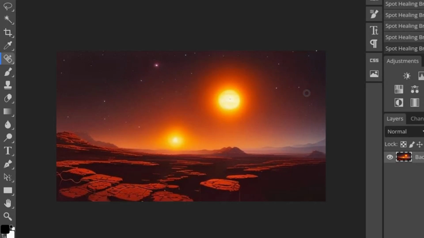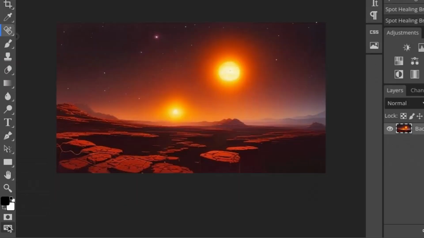So this is a perfect tool to use if you want to remove freckles or some type of a blemish on your photographs. Next is the brush tool, the clone tool, eraser, gradient tool, blur, dodge, type text, pin, path select, the rectangle, hand tools, zoom, quick mask, and the virtual keys.